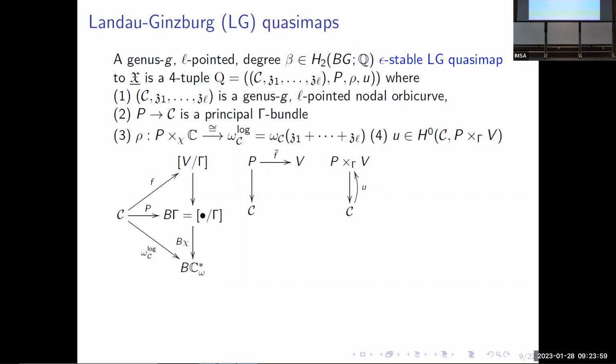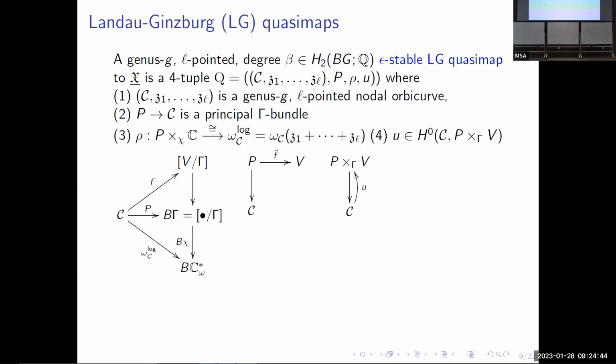So there's a map from V to a point, and it induces a map to V over gamma, which is this principal bundle. The character from gamma to C star omega induces this map from D gamma to BC. We require this diagram to commute, so the lower diagram commuting is the third condition. The upper half of the diagram is also equal to an F tilde equivariant map from the principal bundle to V,